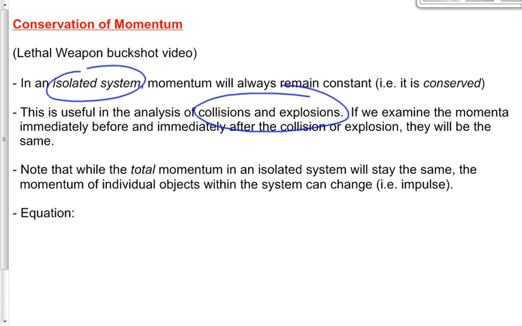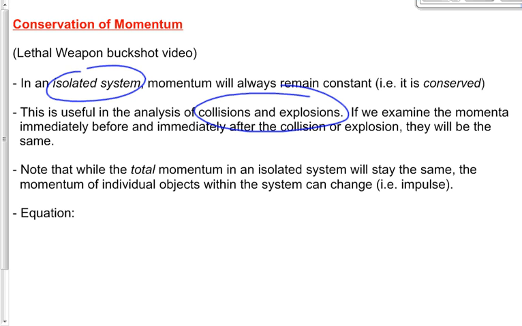Now, strictly speaking, we can use either one. When we see a collision between those two football players, we can analyze both football players at once using conservation of momentum, or we can choose to analyze one at a time using impulse. It doesn't really matter. My suggestion is, normally at least, when you've got a system like that with a collision within that system, you're probably going to try conservation of momentum first, because it's usually the most efficient way. But impulse is also available to you if you want to look at one object at a time.